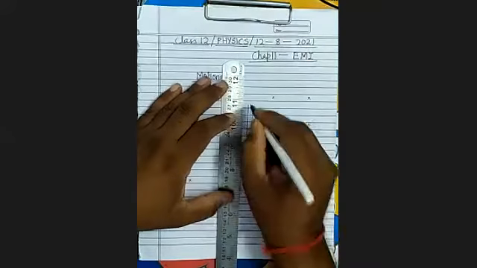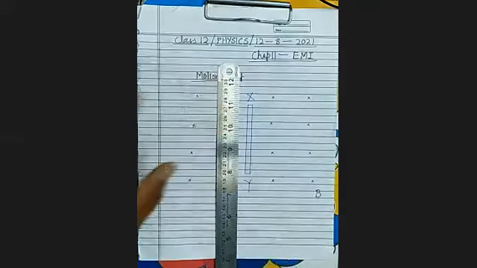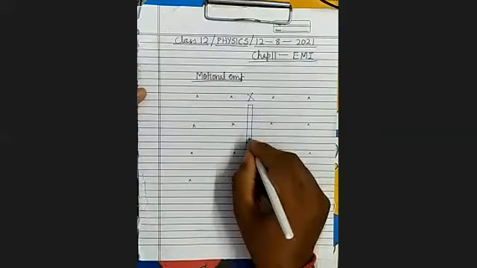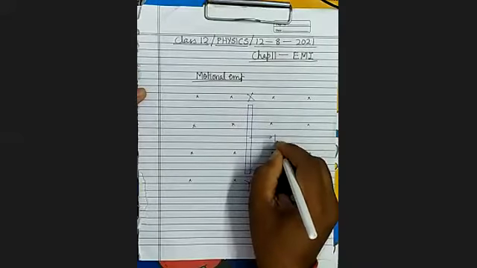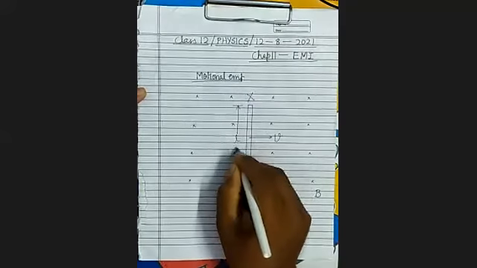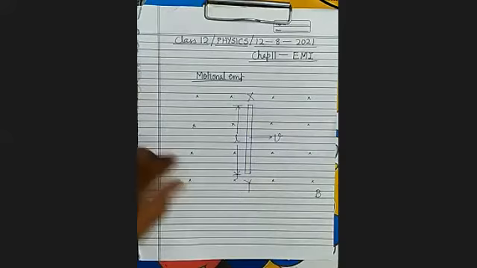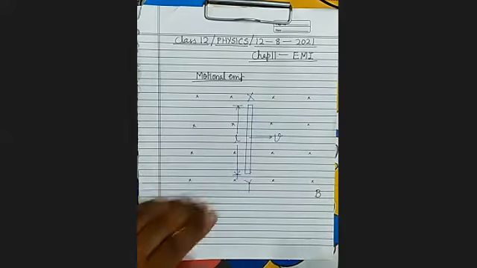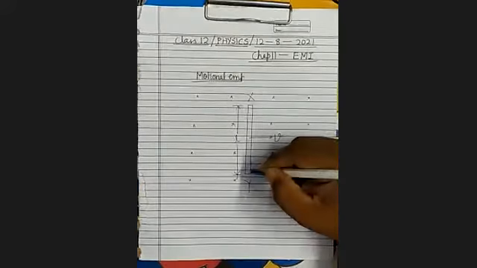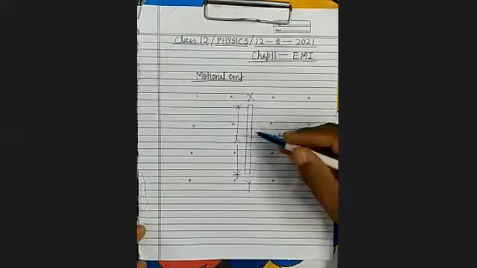So see, here this X and this Y. When it is moved along the plane of paper, suppose with the velocity v, and here its length is L, then an EMF is induced across its length. Here a potential difference will be created across the ends of the conductor, which means EMF is induced.